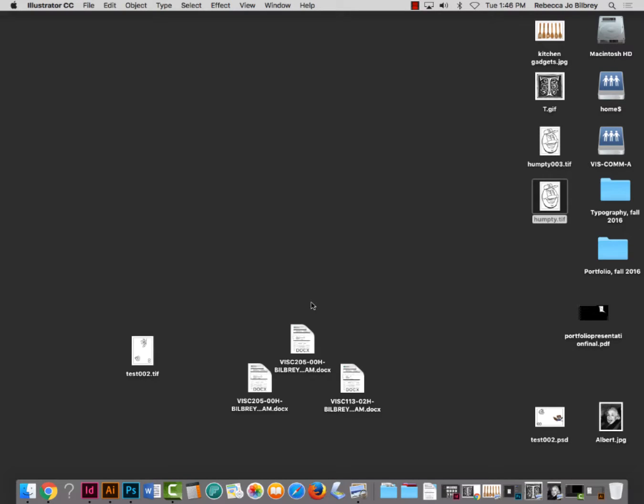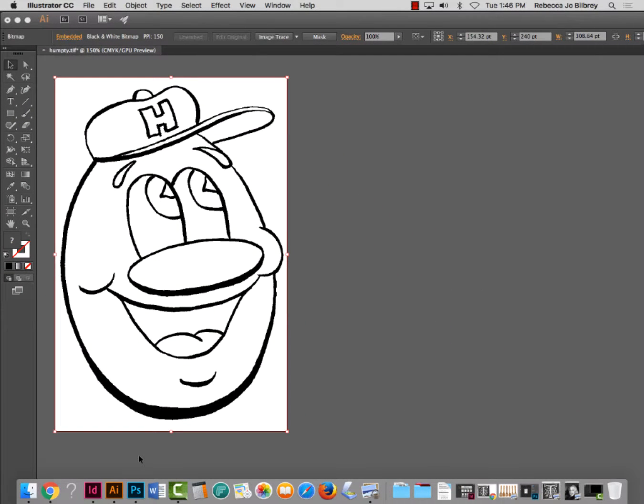Okay, so this is for fall typography class, kind of a freebie. I'm showing how we're going to colorize something that we've drawn using a non-photo blue pencil, and we've already scanned it, which I don't have during the recording, and I've opened it in Illustrator. But we're going to learn how to image trace. So I have placed my drawing that I did